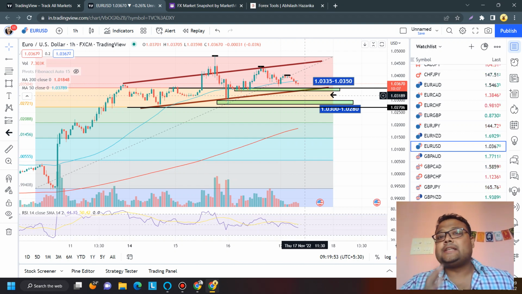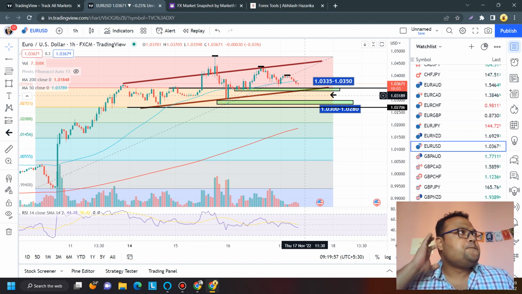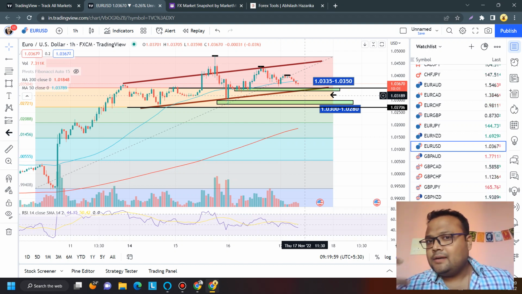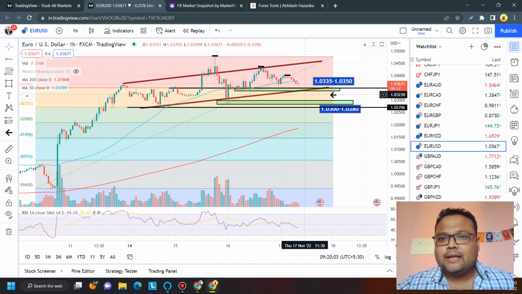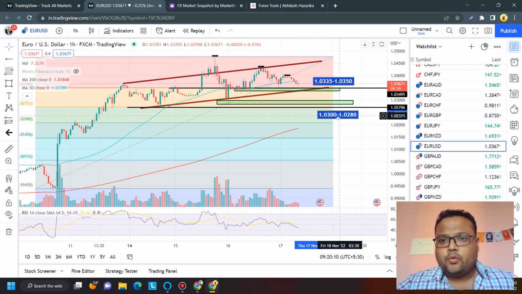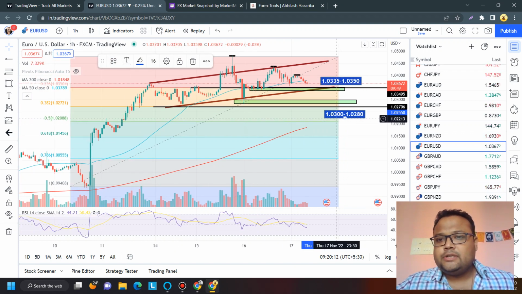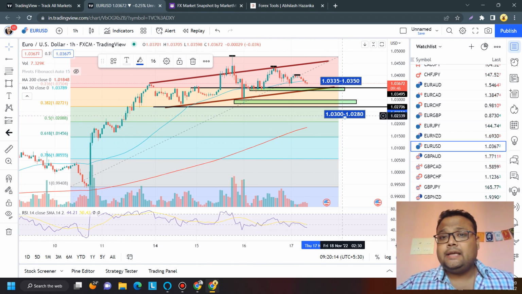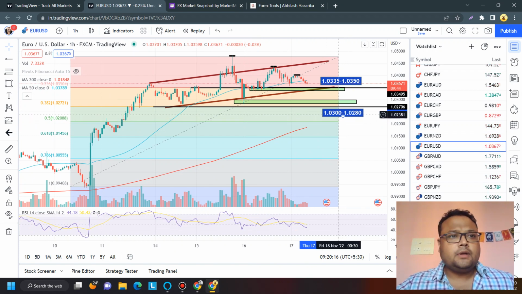If you see that extreme selling pressure has come during the news, or crazy bullishness on the chart of the DXY, you can take a sell position or expect a sell position also below this level. And we are also considering 1.0300, 1.0280 as the next good support for Euro USD,